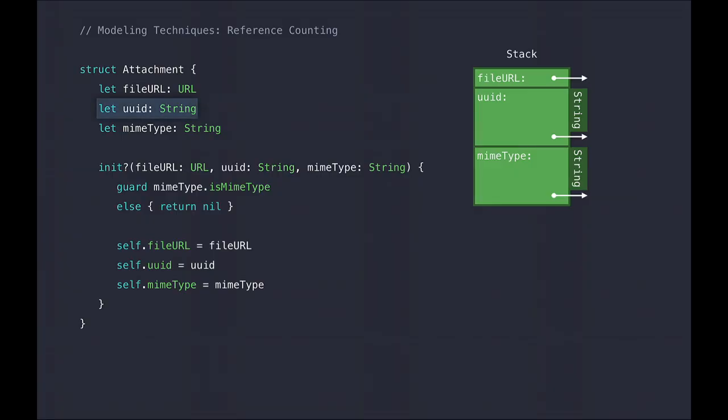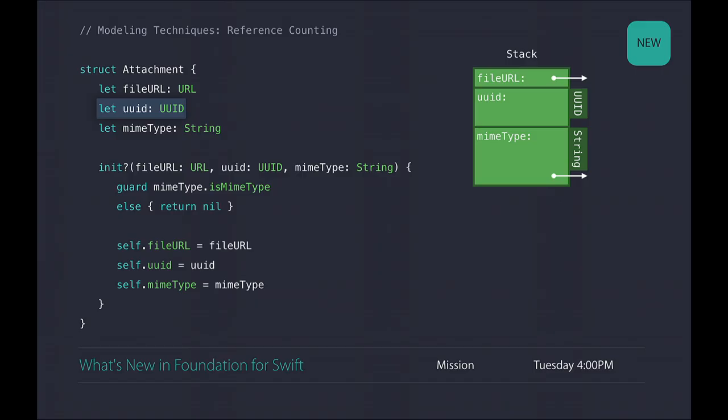We can do better. First, just like we saw before, UUID is a really well-defined concept. It's a 128-bit randomly generated identifier. And we don't want to just allow you to put anything in the UUID field. And as a string, you really can. Well, Foundation this year added a new value type, UUID, which is really great because it stores those 128 bits inline directly in the struct. And so let's use that. What this is going to do is eliminate any of the reference counting overhead we were paying for that UUID field when it was a string. And we've got much more type safety because I can't just put anything in here. I can only put a UUID.